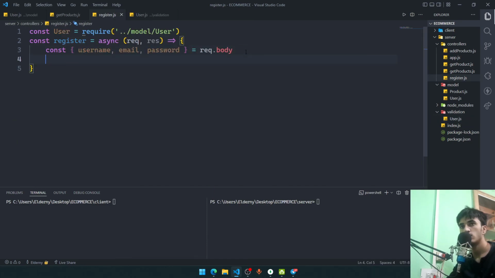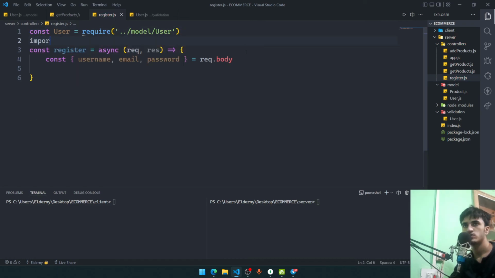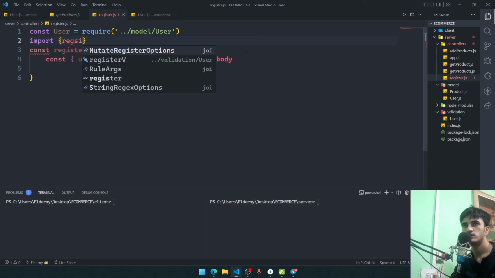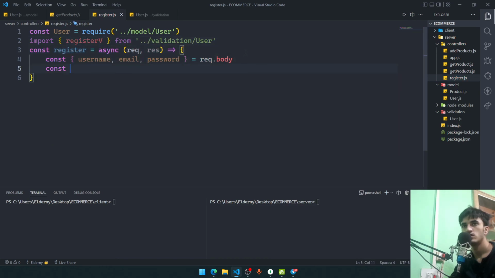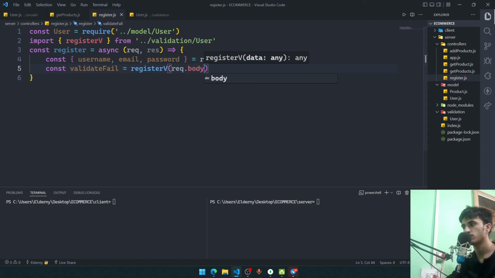So here we're saying this thing. We'll say import registerValidator from validations. We'll say constant validateFailed. So basically it will only return anything if the validation failed. We'll say registerValidator, give it the request.body. All right, validation failed. We'll say